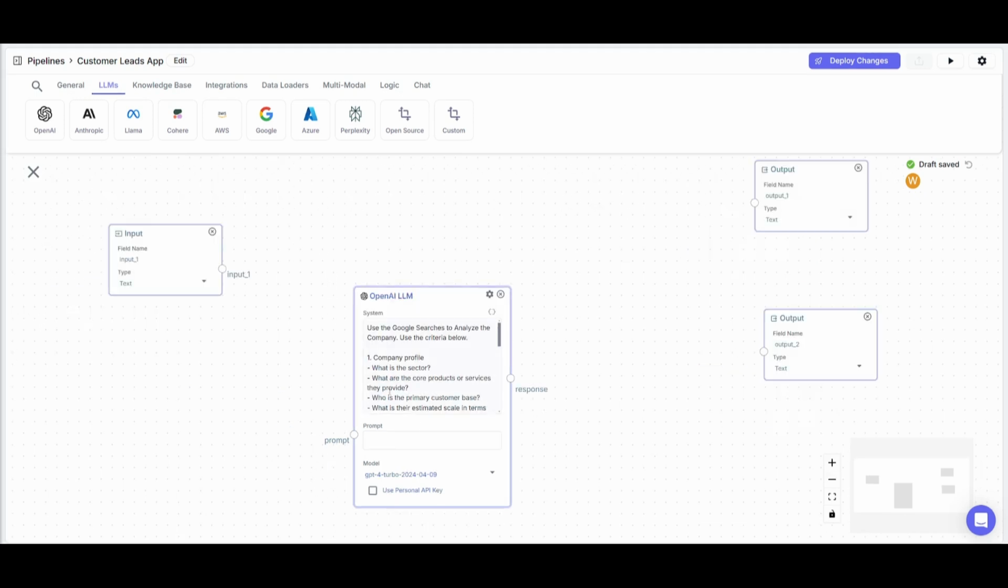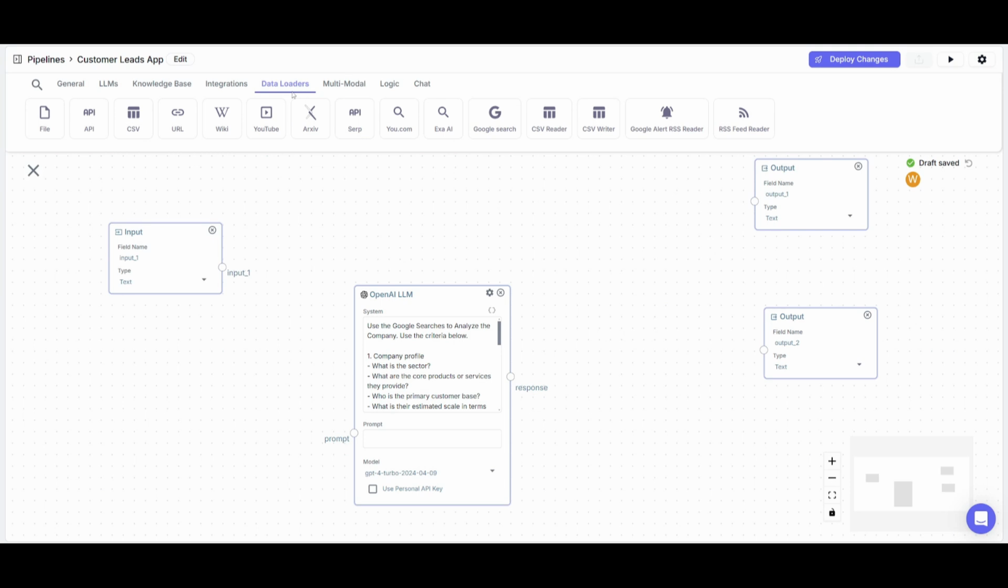So I went along and I provided an OpenAI large language model system prompt, where I told it to analyze company profiles, operational structures, and challenges to understand its sector, core products, customer base, and a lot of other different types of things. And this is something that is going to help filter out various companies with the help of Google search. Now, to help us do that, you can basically go over to data loaders and you can simply